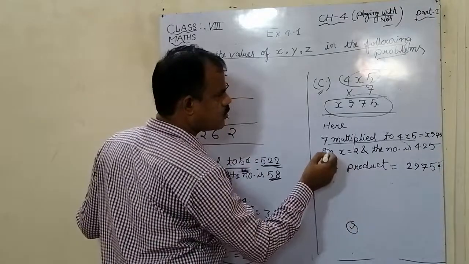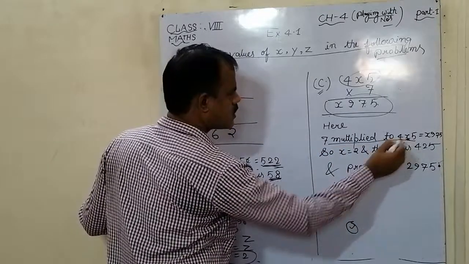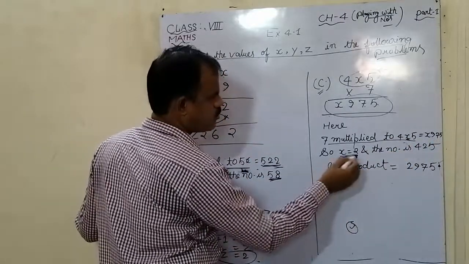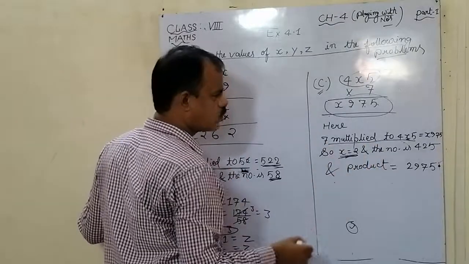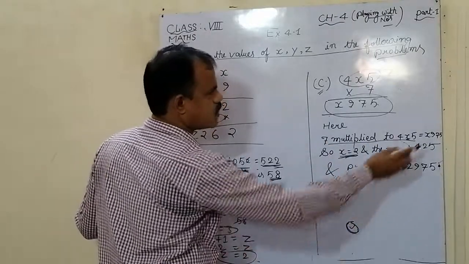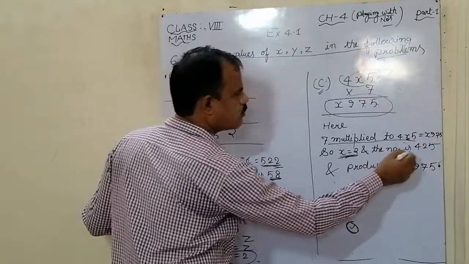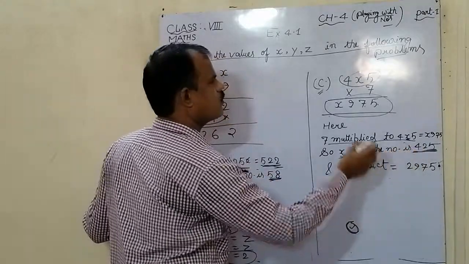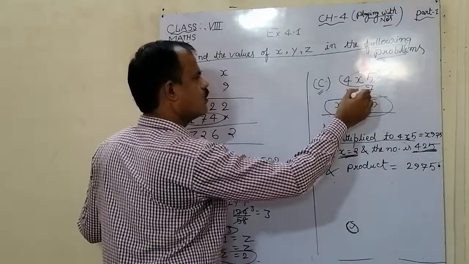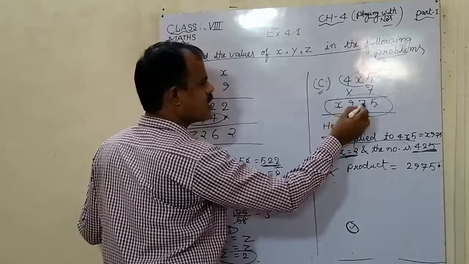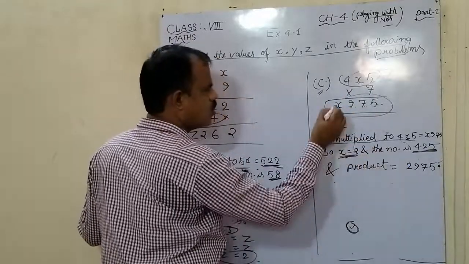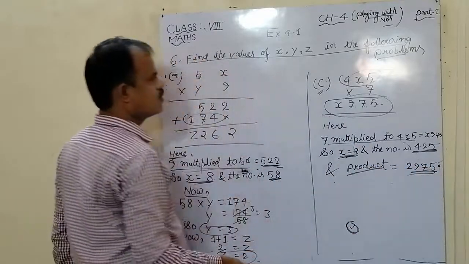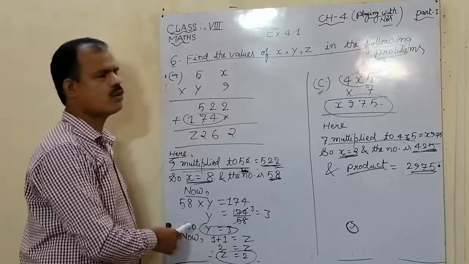Now which number do we have to multiply in x place, so that the answer becomes 7? So obviously we have to take 2. So 7 times 2 is 14, plus 3, it becomes 17. So when the value of x is 2, the number is 425. So 425 into 7 becomes x975. So the value of x is 2, so 2975. So the product is 2975. Yes student, in this way you can solve multiplication.